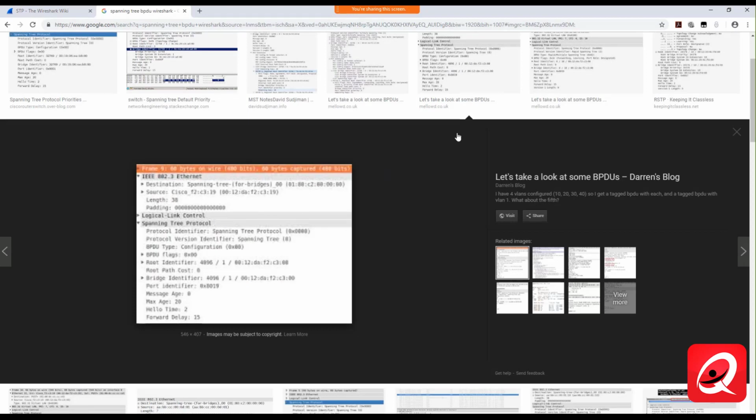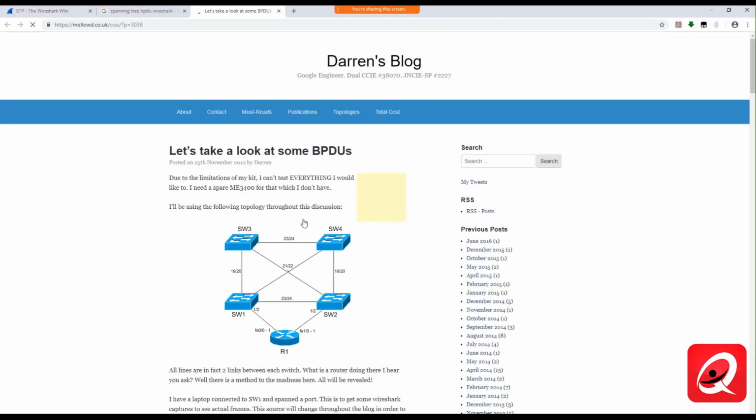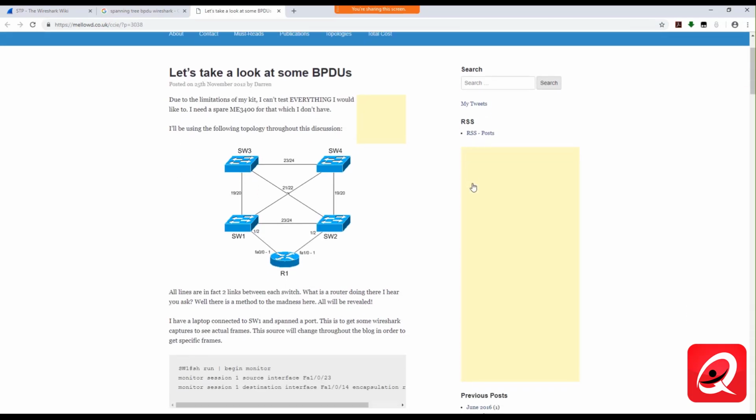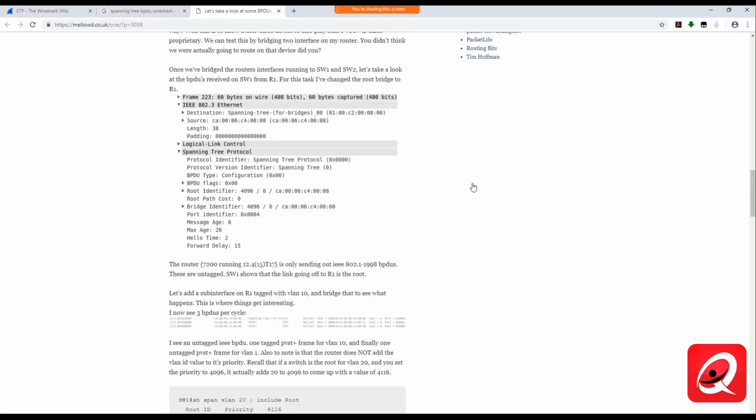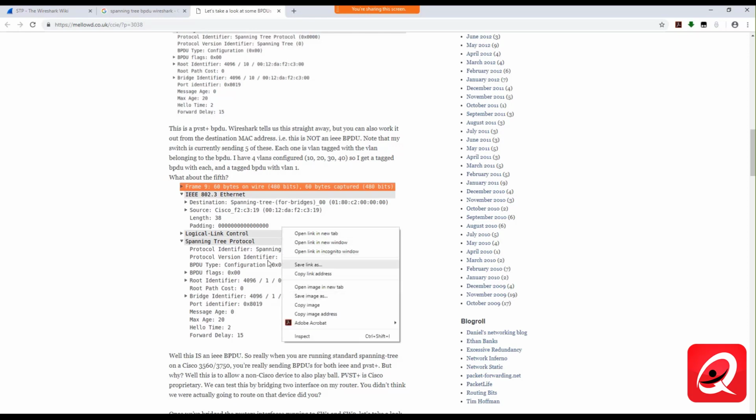It's not a very good image, but let me see if this is a better image. Not really. Let me see if I load it, if it'll be a better image here. Actually, this is exactly what I was looking for. Okay, so if you take a look at this image,